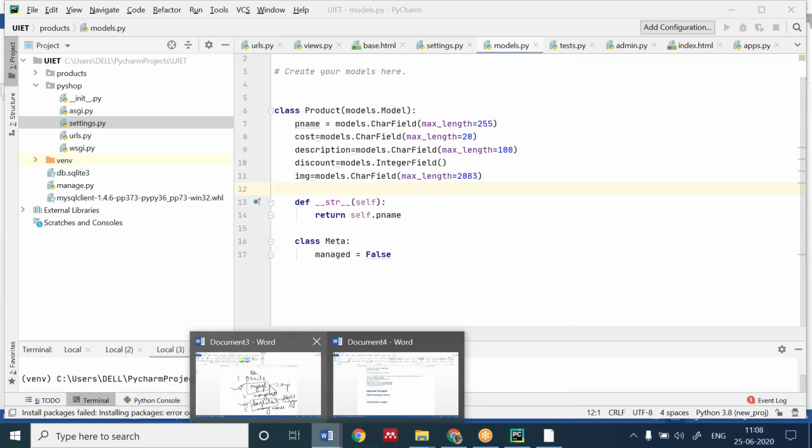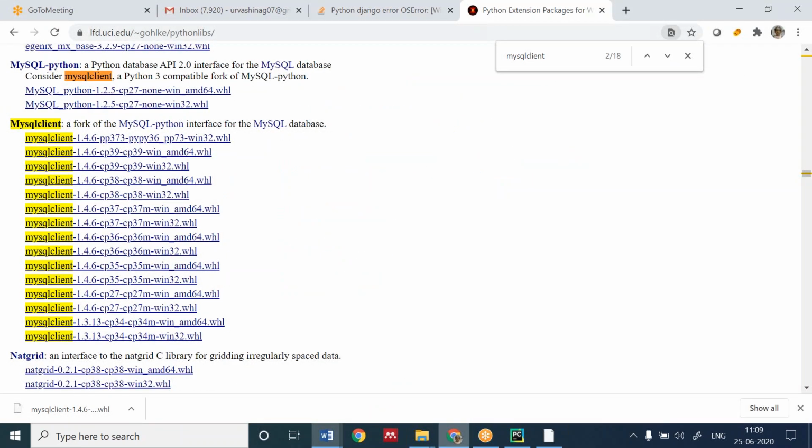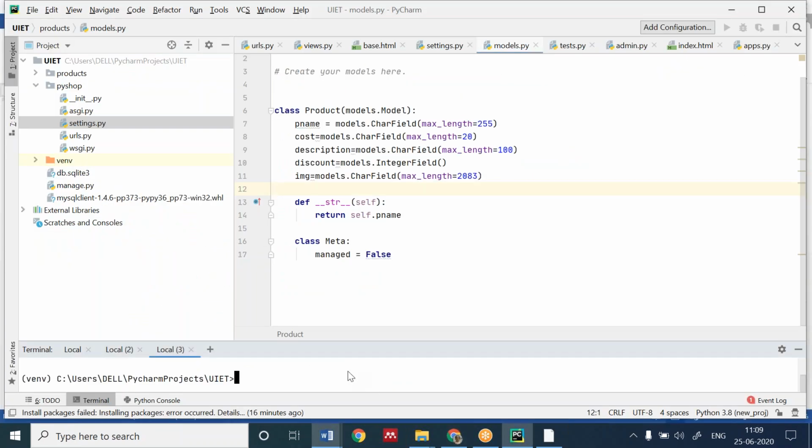I will tell you what my table will look like. I've started the server. You draw that one.